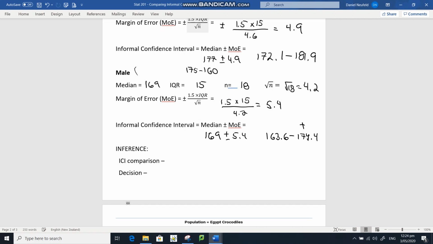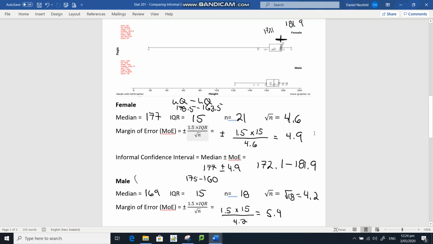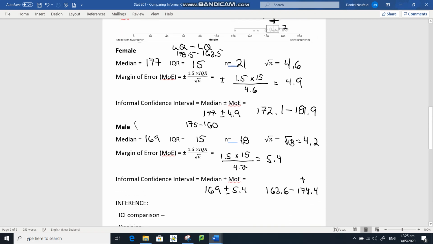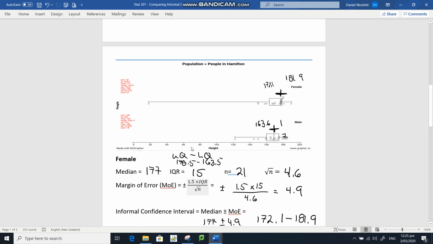So somewhere between those numbers, we expect the true median to be. So when we look at that, somewhere between 163.6, I think, and 174.4. So again, looking at these numbers, you can